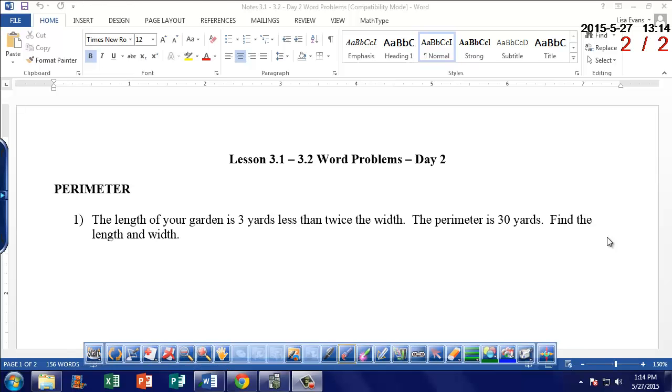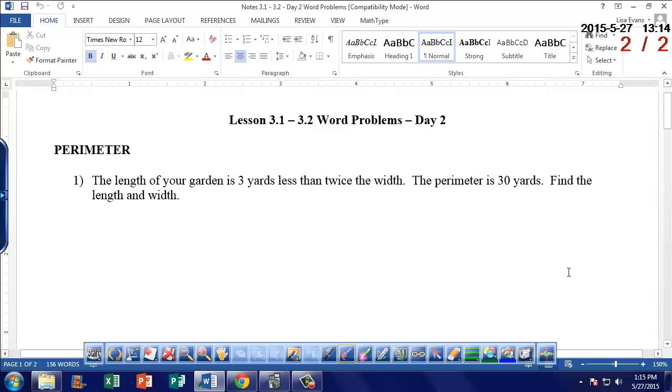Hello, today is the second day of the word problems. We are going to do perimeter word problems and investment word problems. I have one example I'm going to do for you, and you are going to try one of each on your own. In order to get started, when we do perimeter word problems, we definitely need to know the